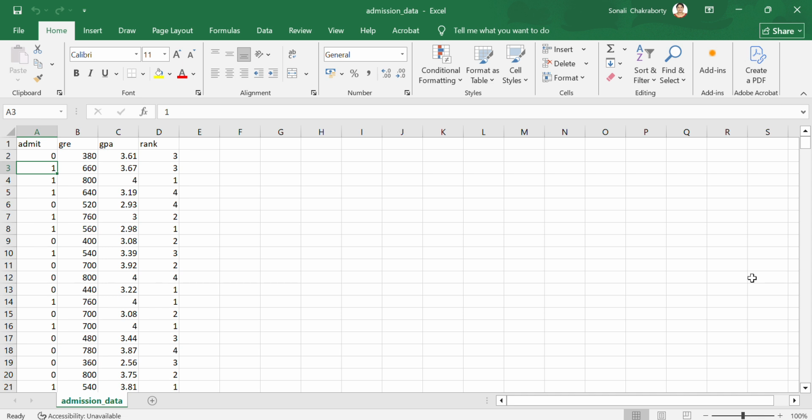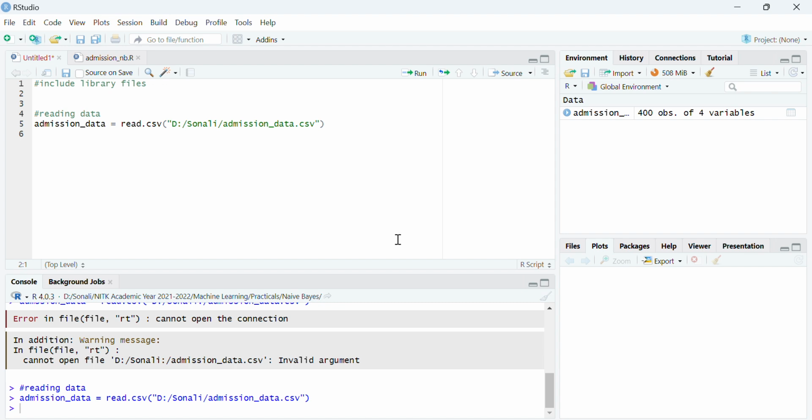Here, I am considering a data set from admission data, where whether a student will get admission or not depends on three parameters, that is his GRE score, GPA and rank. Now there are two classes here: the student will not get an admission, that is 0, and the student will get an admission, that is 1. So based on this data, let us get started.